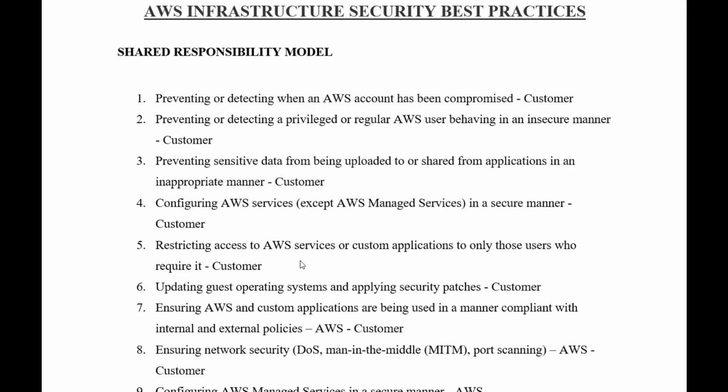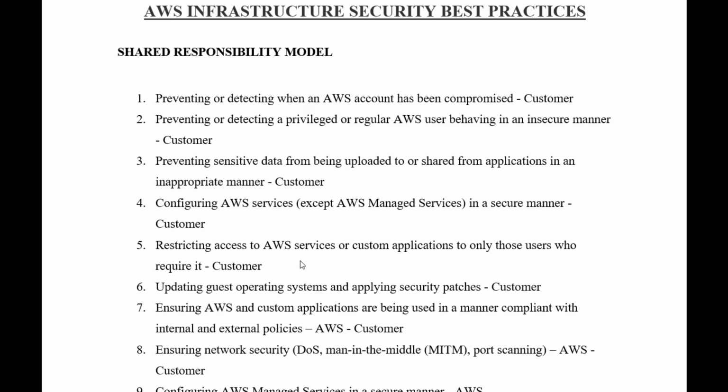And the sixth one, updating guest operating systems and applying security patches. There are services that we can use for compute, storage and databases, where we can configure our own database. Likewise, when it comes to the operating system of that service or the processing unit, there are some manual or automated things that we can do on those operating systems and services.